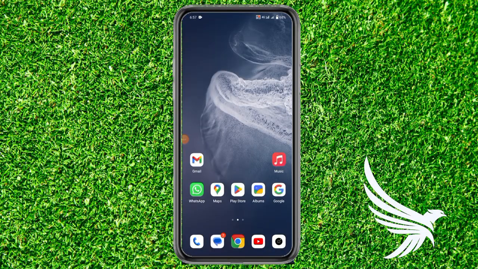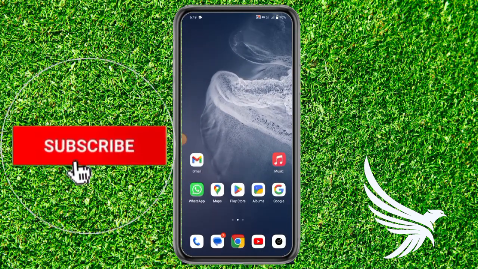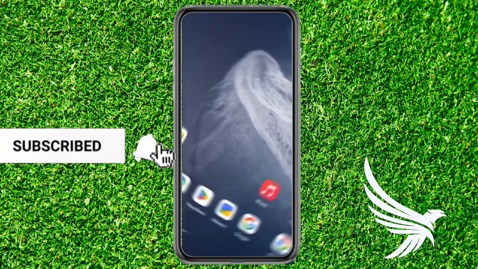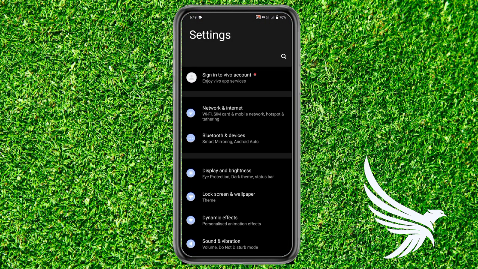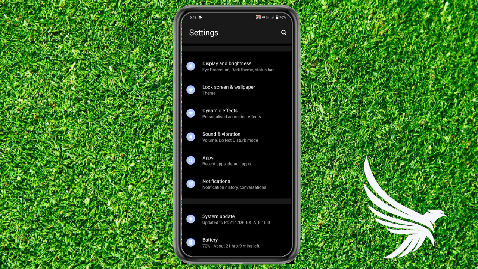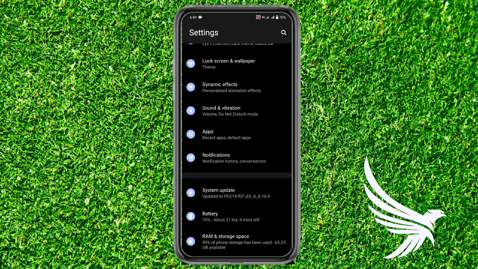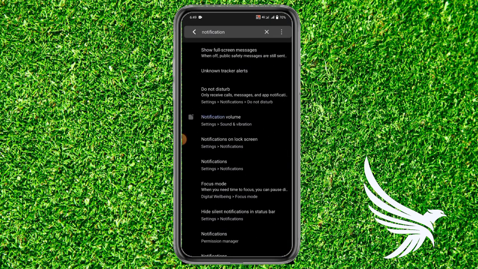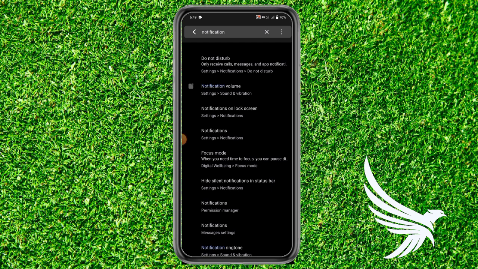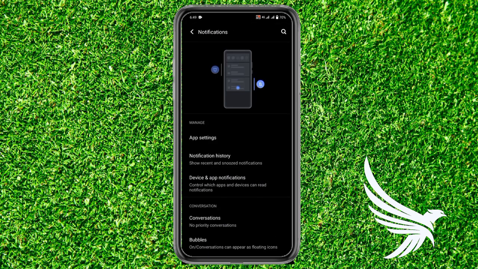In this video, I'm just going to tell you how you can easily fix notification not working on Facebook. It's almost the same on an Android or on an iOS. First off, open up your mobile phone settings, and then scroll down and find the option of notification. If you didn't find it, just click on the search bar and search for notification,